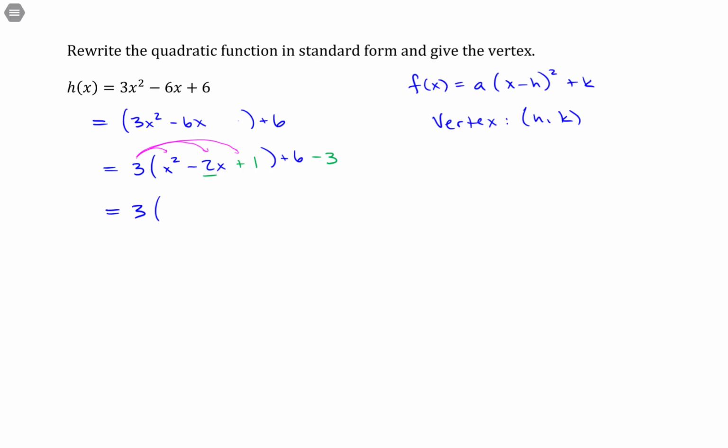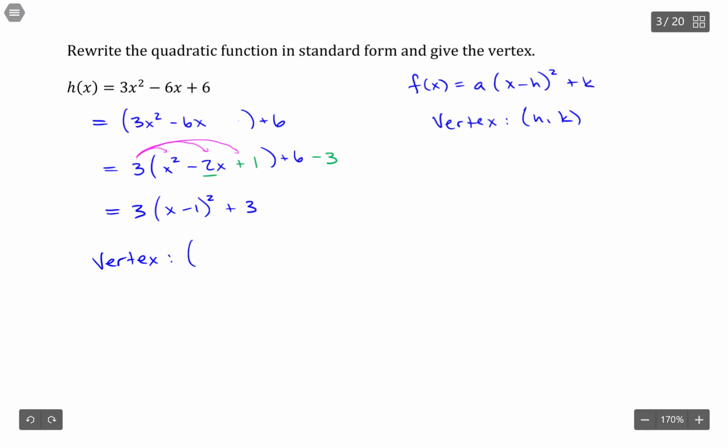You can go through the factoring process, but it's always going to be x plus half of this number, so half of negative 2 is negative 1. Then it's a quantity squared. And 6 minus 3 is 3. So we have the vertex then easily located at the opposite of this number, so positive 1, and this value,